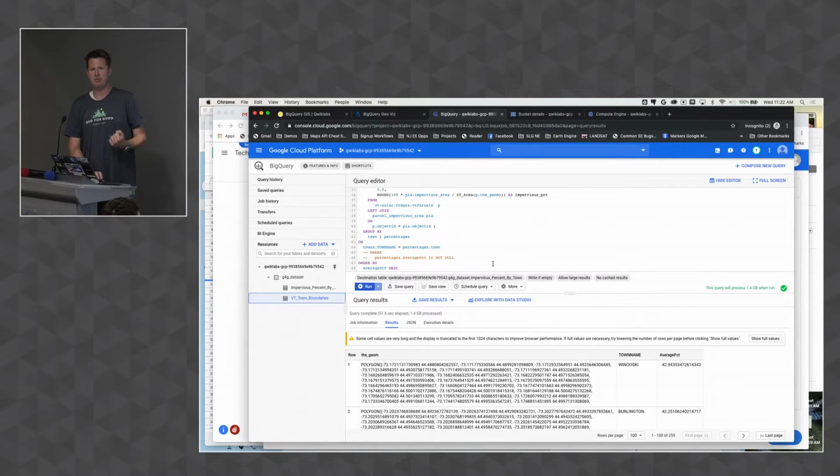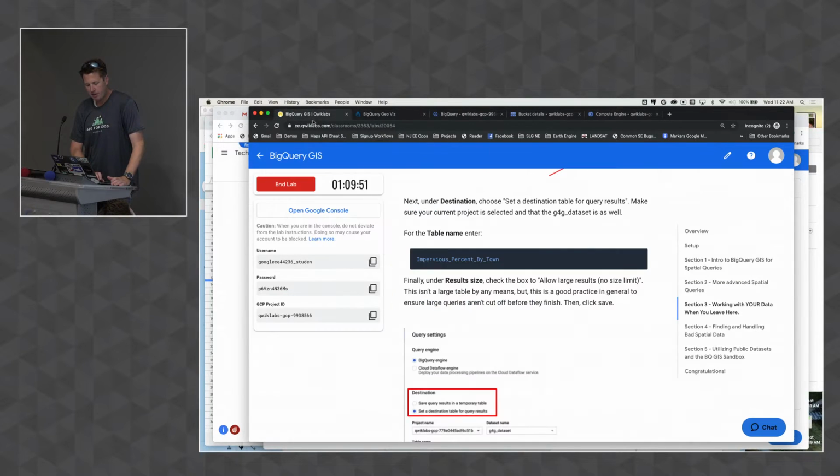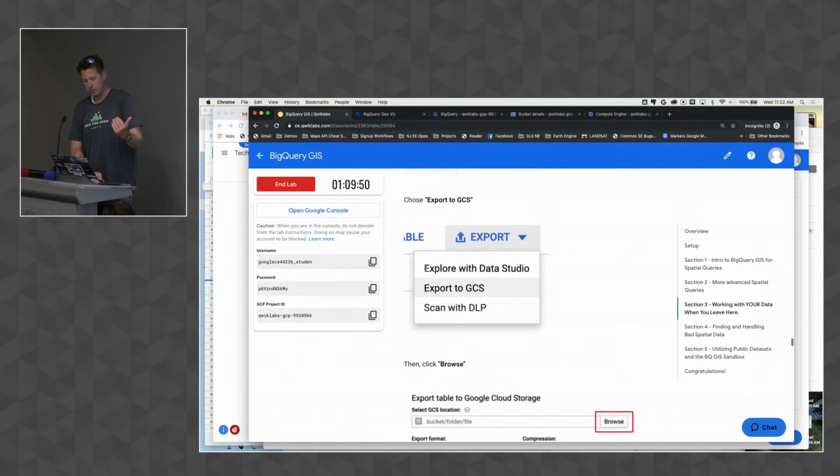How many people have QGIS on their desktop or on their laptop? Okay. For those of you that have QGIS, go through the lab and export it to a CSV file, and you can visualize it in QGIS if you want. Or we could look at this in BigQuery GeoViz as well. The lab will let you choose either one,